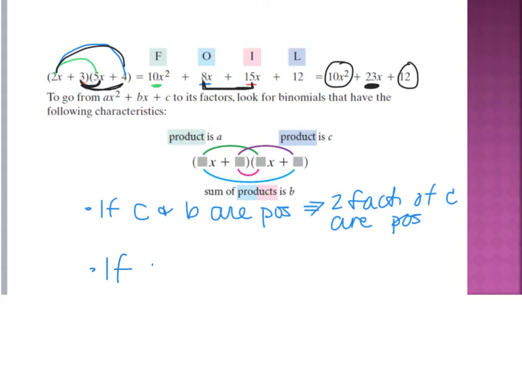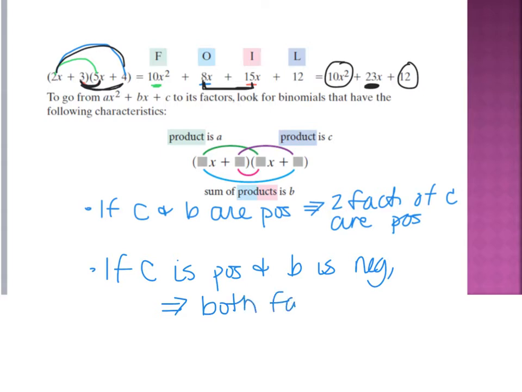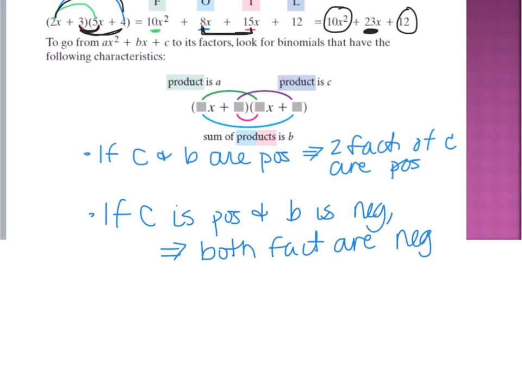If our c is positive and your b is negative, then this tells us that both factors are negative. Now we have one more case to go, and we won't cover this until tomorrow, but the third case would be if c is negative,